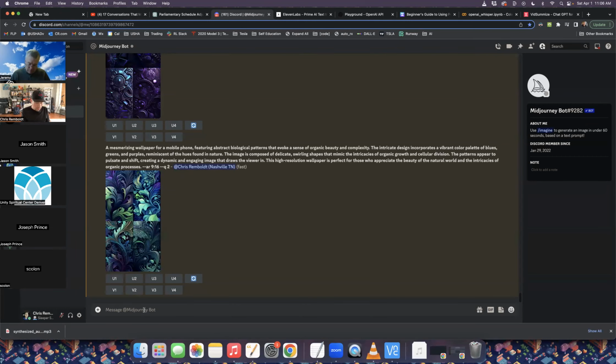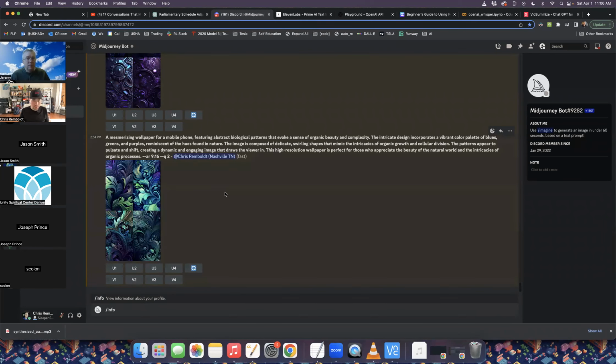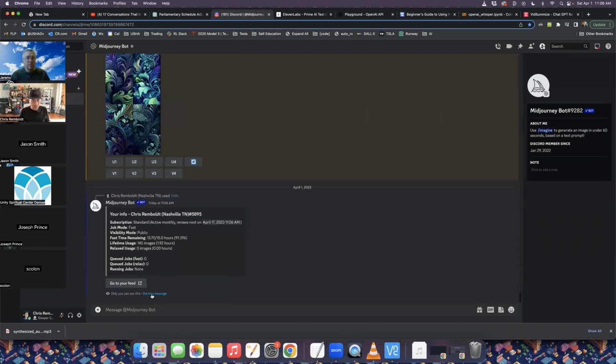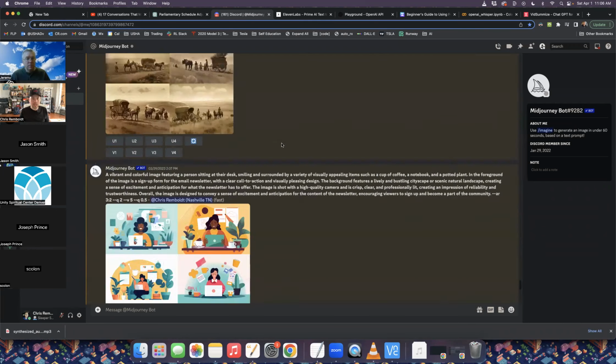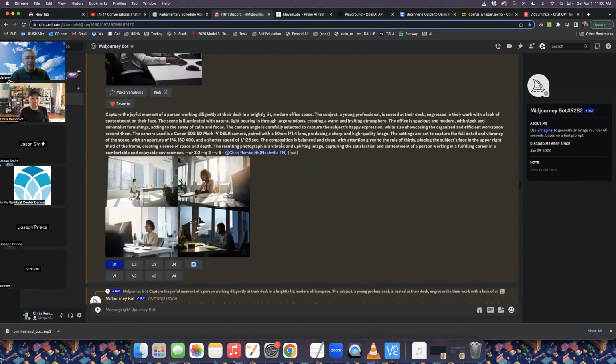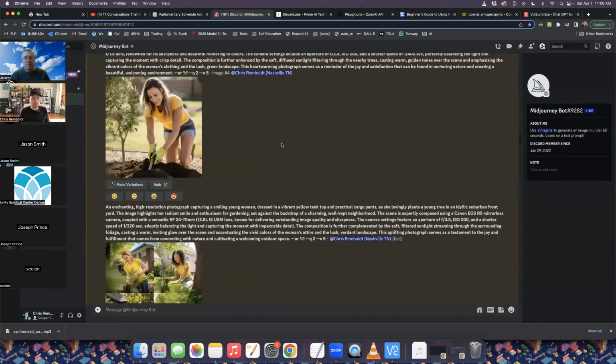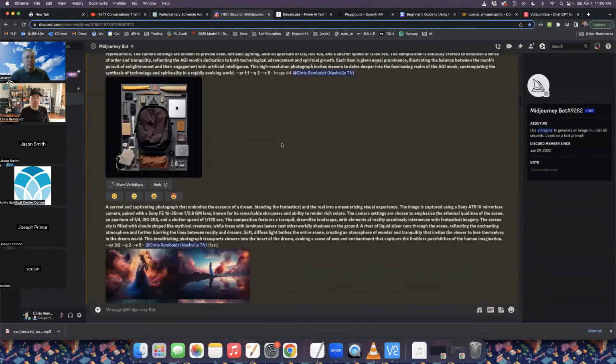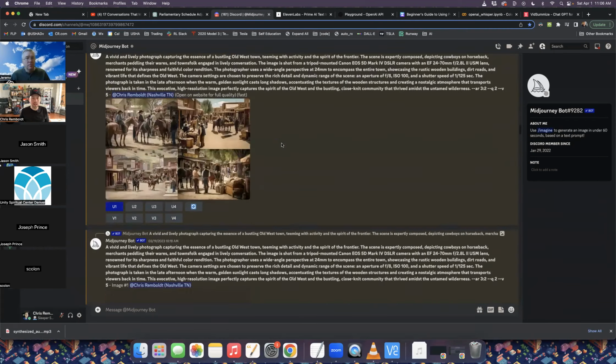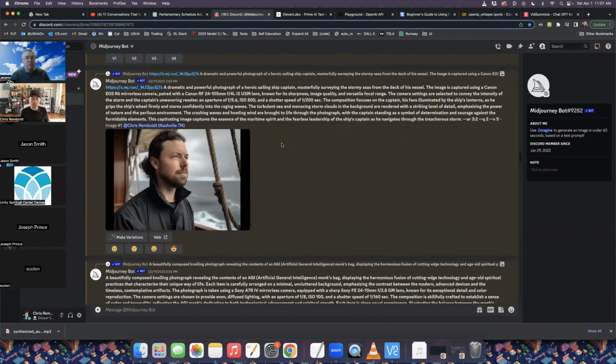So I'm going to say /info and see how much I have used. All right, so I have used only like 9% of my compute, and I've been using the heck out of this. At least I feel like I have. I've generated so many images, just like an absurd number of them. And this was all 9% of that, I think $30.